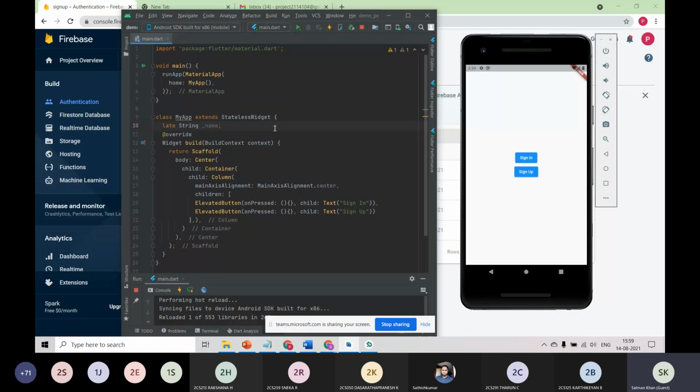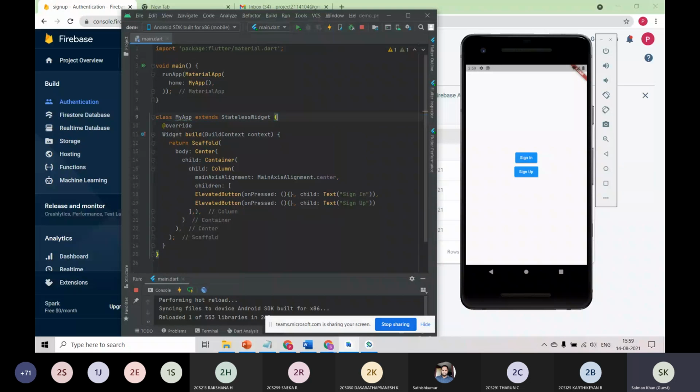And okay, for now I don't need this line. Here is just a simple thing I wrote: a button. That is the elevated button. There are a lot of buttons in Flutter which you can come across, but just for a demo I'm using this. And inbuilt, it will automatically generate what should be under the button. So I tell Flutter it should be a text widget. As I said, everything here is a widget. Elevated button, text button, text, everything is a widget here.